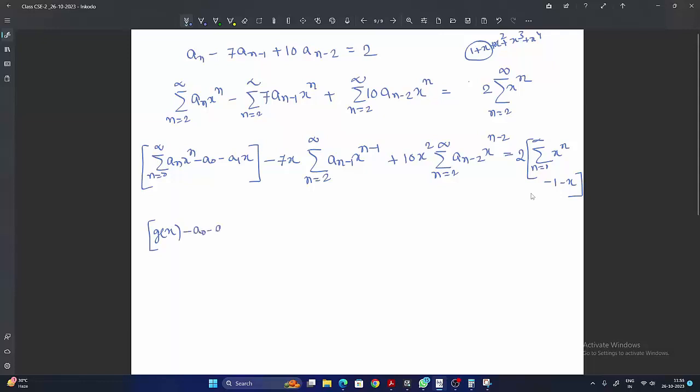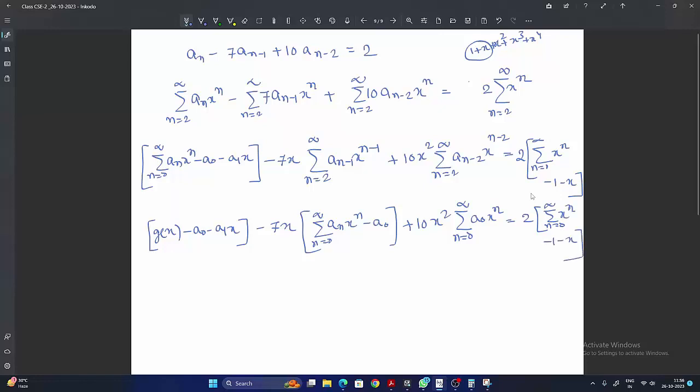तो ये टर्म हो गया g(x) माइनस a0 माइनस a1 x माइनस 7 ऑफ x इंटू यहाँ पर भी सेम केस, तो n इज इक्वल टू 2 मतलब a1 होगा x a1 x, तो a0 मिसिंग है, n is equal to 0 to infinity a n x to the power n माइनस a0 मिसिंग देना है पहले प्रॉब्लम के जैसा, और 10x स्क्वायर, ये एक्चुअली सब कुछ यहाँ पर ही है, तो सम ओवर n is equal to 0 to infinity, इसको तुम a n x to the power n लिख सकते हो, और इज इक्वल टू ये 2 हो गया, और ये सम ओवर n is equal to 0 to infinity x to the power n माइनस 1 माइनस x हो गया। तो ये g(x) माइनस a0 माइनस a1 x माइनस 7x इंटू g of x माइनस a0 प्लस 10x स्क्वायर इंटू g(x) इज इक्वल टू 2 इंटू,